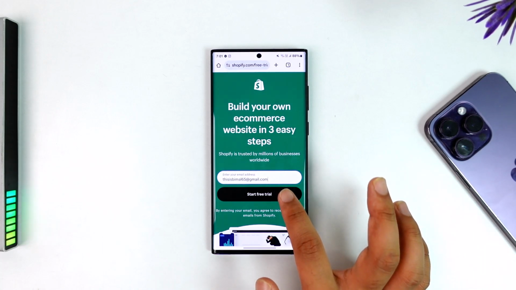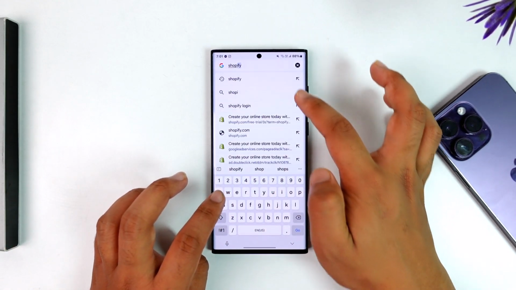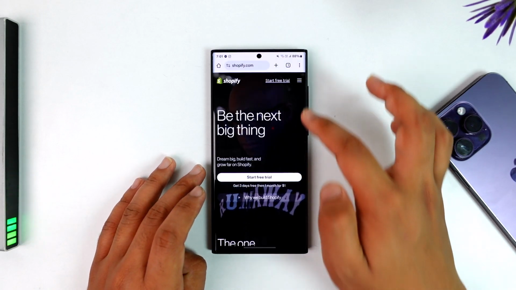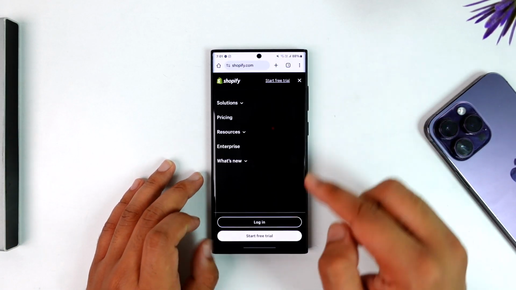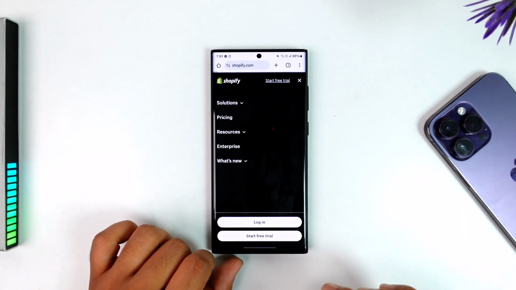So you can tap on the start free trial option. Otherwise, you can simply type in shopify.com like this, and after you've done that, tap on the three lines option from the top right, then tap on login. If you don't have an account, you can tap on start free trial, or you can tap on the login